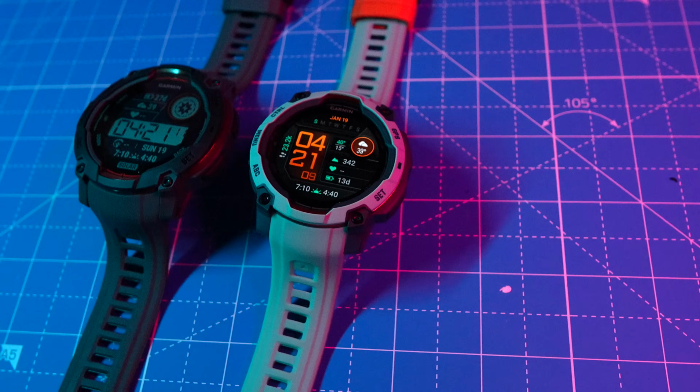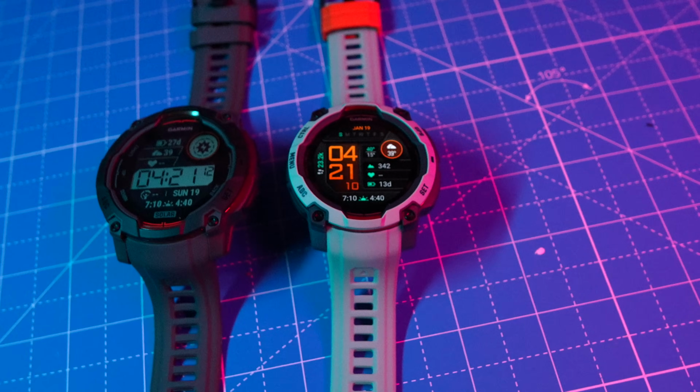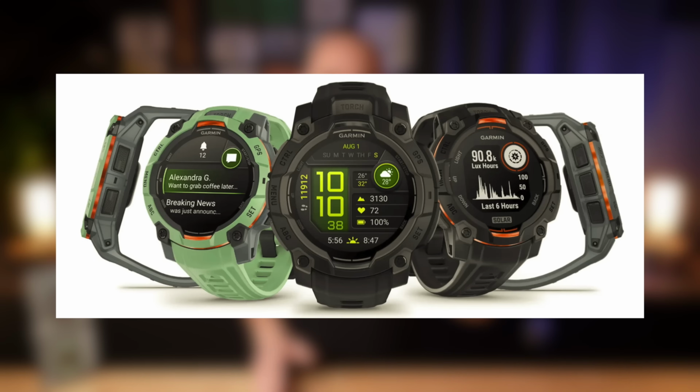Simply put, these watches are not so much a budget option anymore. They're getting pretty expensive, going up to $499 here in the USA. When it comes to colors available at the time of launch, there's only a couple to choose from. However, I suspect that'll change down the road. In typical Garmin fashion, there'll probably be like a surf edition and tactical edition with all different colors, so stay tuned for that. But for now, you can pretty much only choose from a black or gray color and this